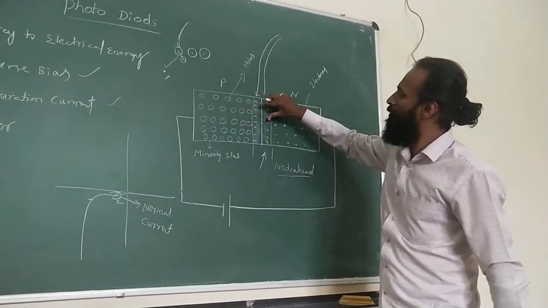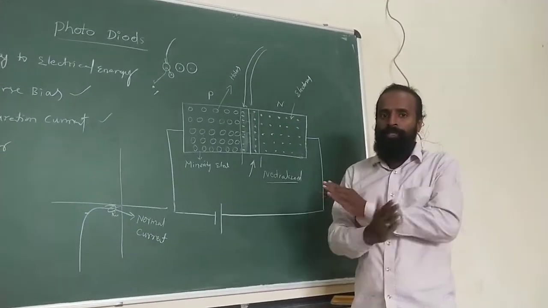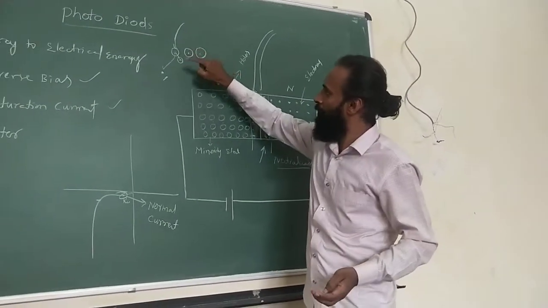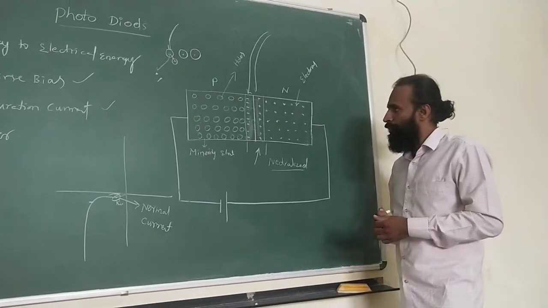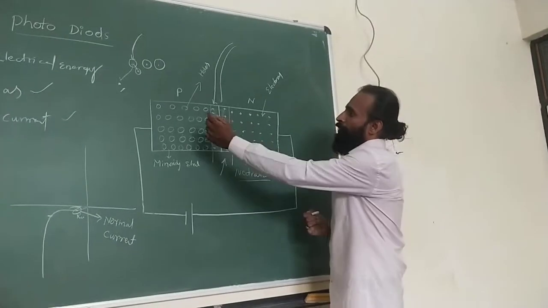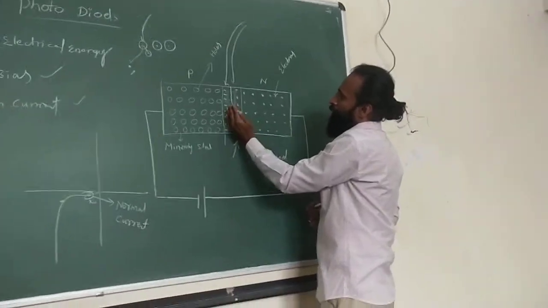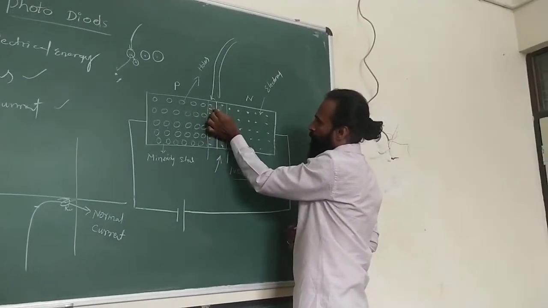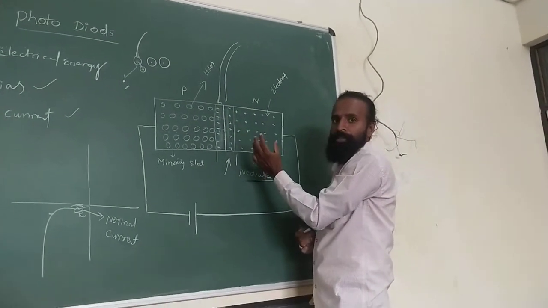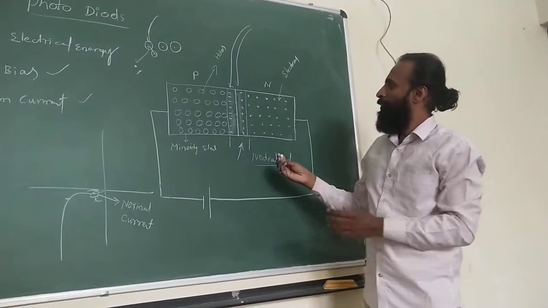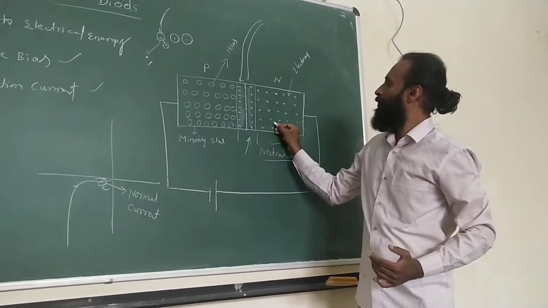Similarly, there will be many atoms. Once light is incident, due to the force of the light, the electrons will come out of the orbit of the atom. So negative charge carriers and positive charge carriers will be created. Due to the creation of these charge carriers in the depletion region, the depletion region becomes smaller. Then, due to that decrease of the depletion region, the current flows.